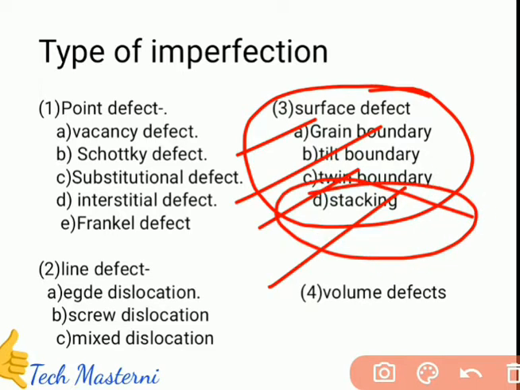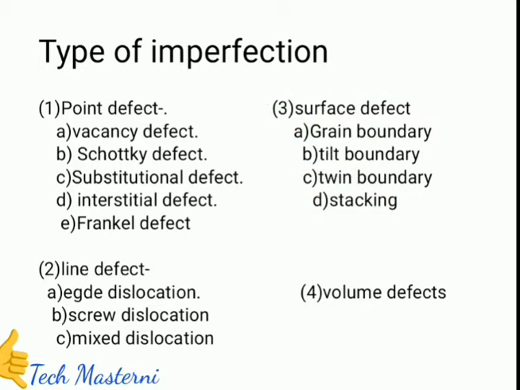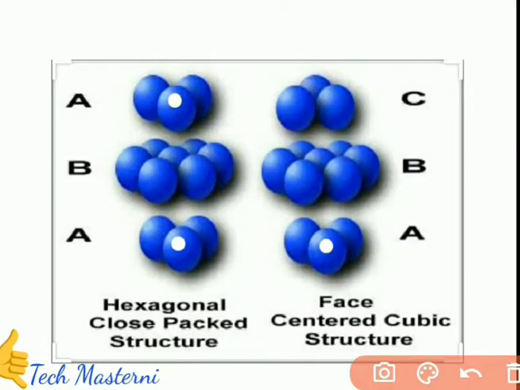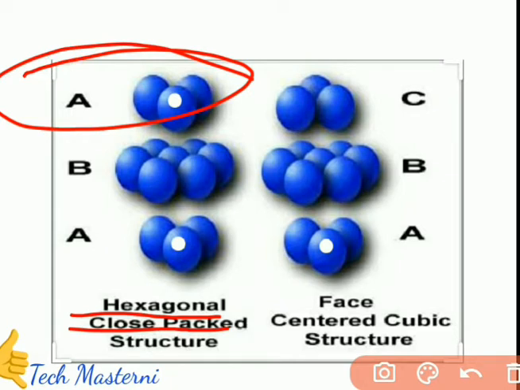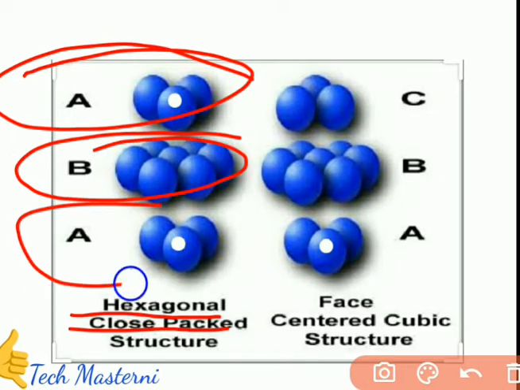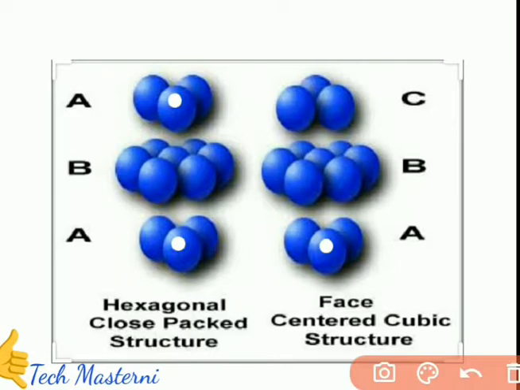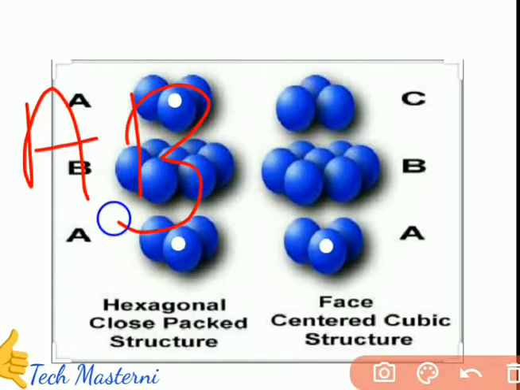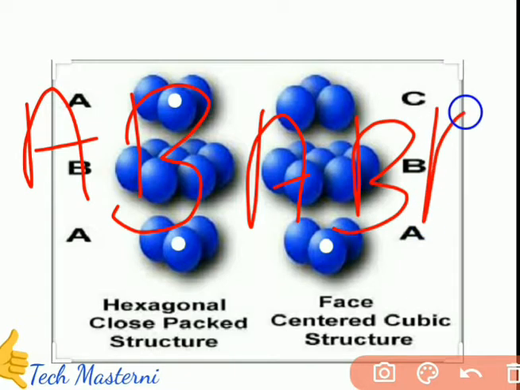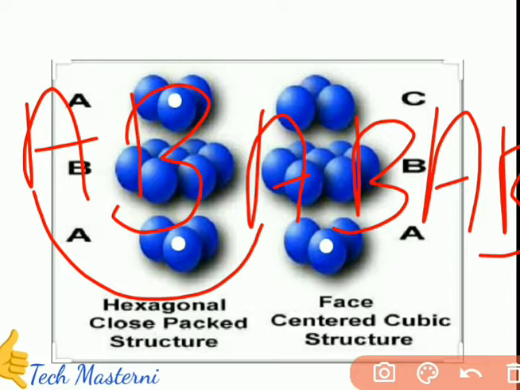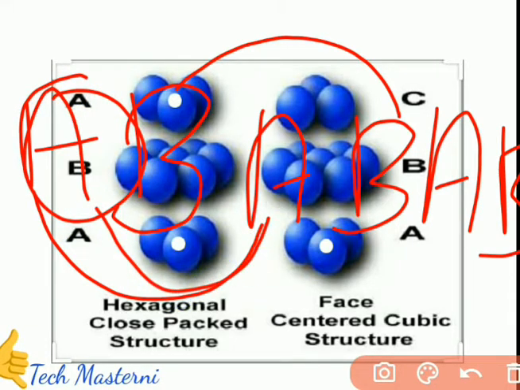To understand it, we need to understand two types of crystal structure. So let's see. Here the first type of crystal structure is HCP, where the same type of atom will repeat after one another atom. So you can say here A, B, A, B, A, B, and so on. So you can see the A will come alternatively, also B will come alternatively. So here the atoms will come alternatively. So it is